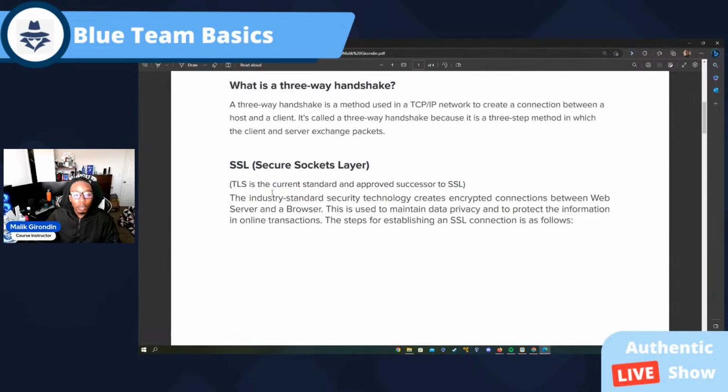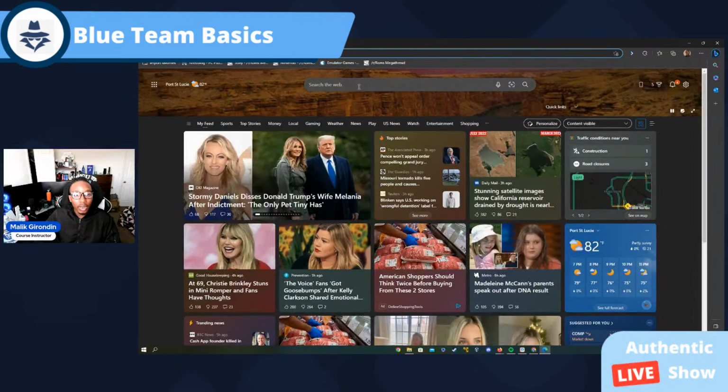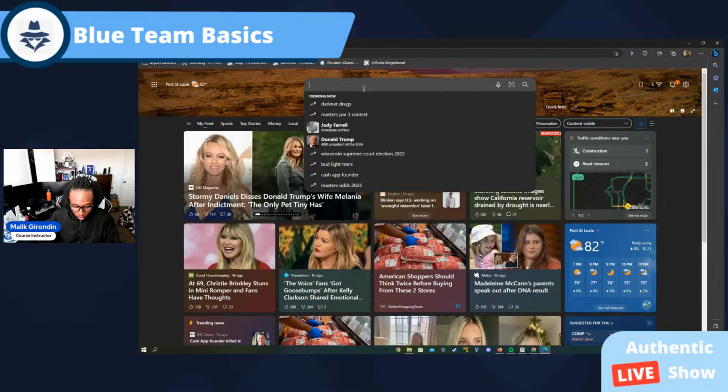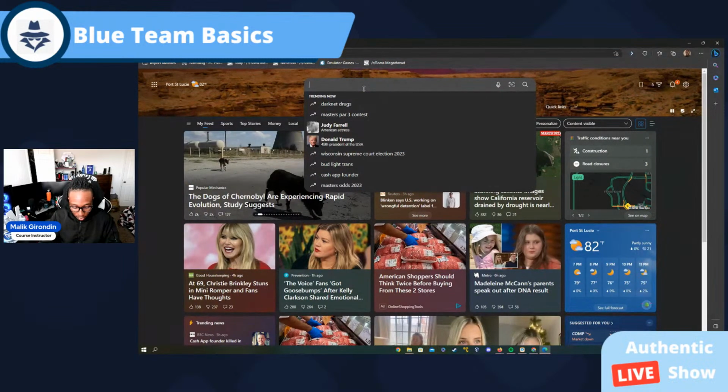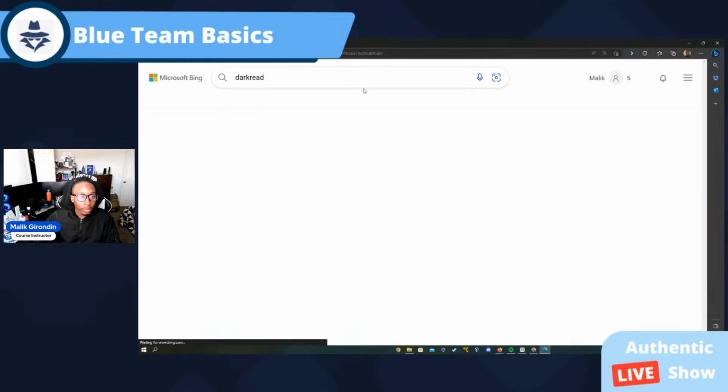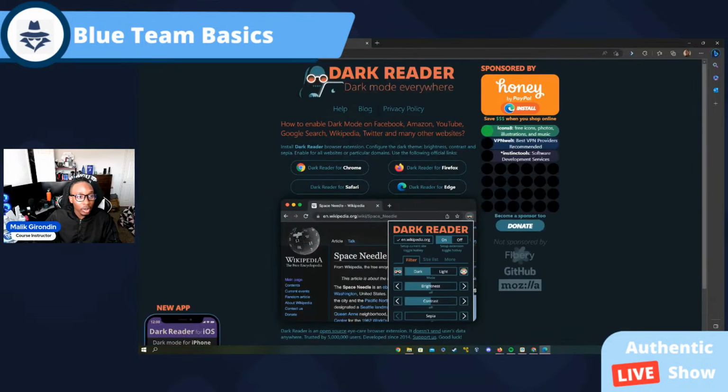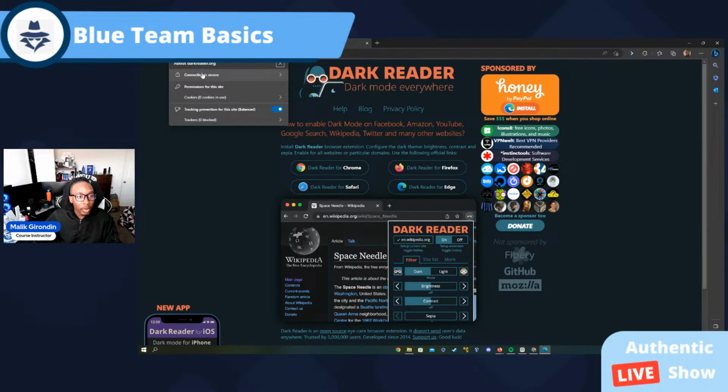Now, what I want to show you, let me actually load up a random website. Let's go to Dark Reading. I want to see if it actually shows that site information. Site is secure. Okay, so